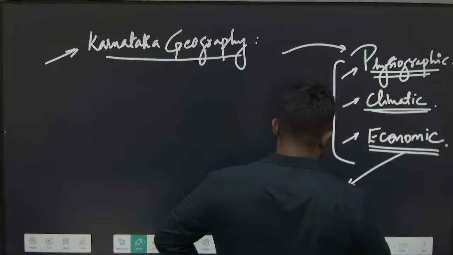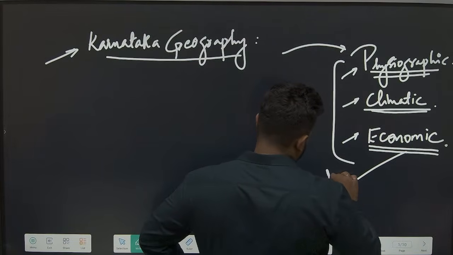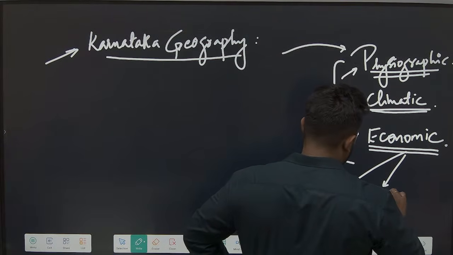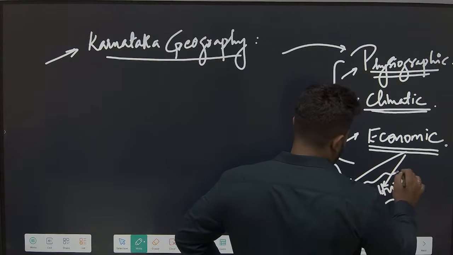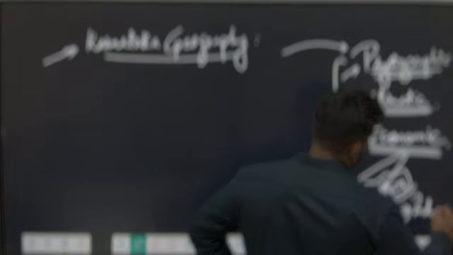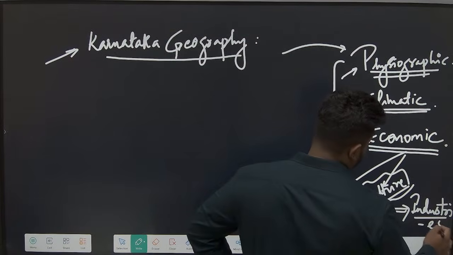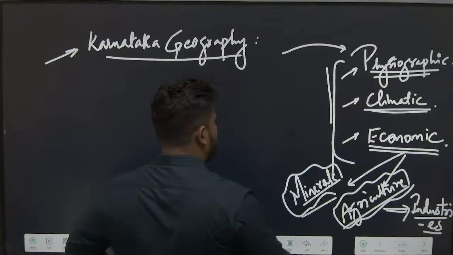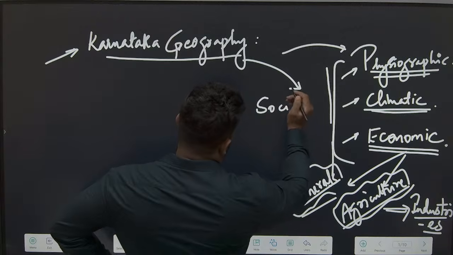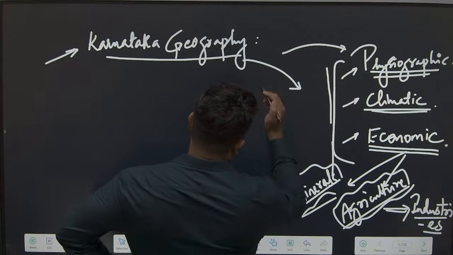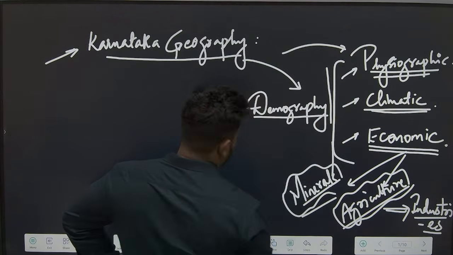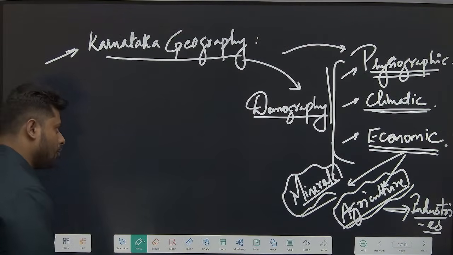And by economic resources, I mean you can understand the process in which the minerals are distributed. You can understand the agricultural prospects, largely taken together as the primary sector, as we call it. And once you have a sound understanding of the primary sector, you can go on to a good understanding about the industries. So this is the physiographic dimension, the economic dimension, and also Karnataka geography will enable you to understand the social parameters, or the demography, simply put. We could call this the demography of Karnataka, the broad areas that we would be covering today.